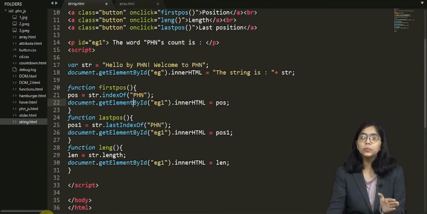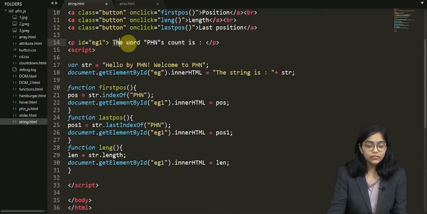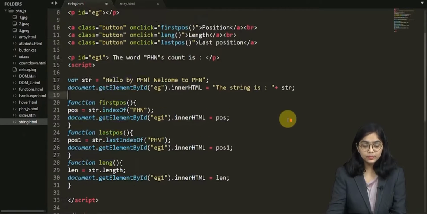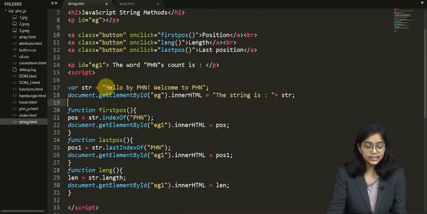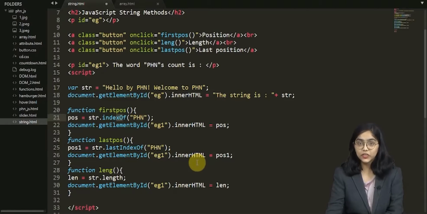Counting this statement's words or each character would be hard. The sentence here is hello by PHN, welcome to PHN. And we are going to see the index, the last index of PHN and the length of the entire string.